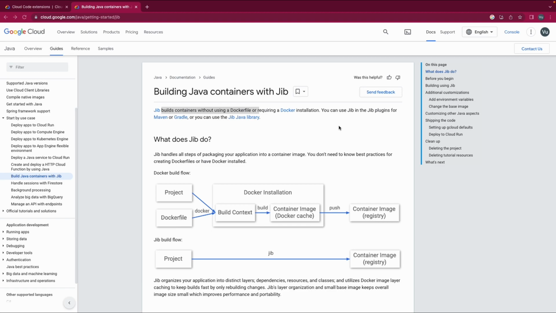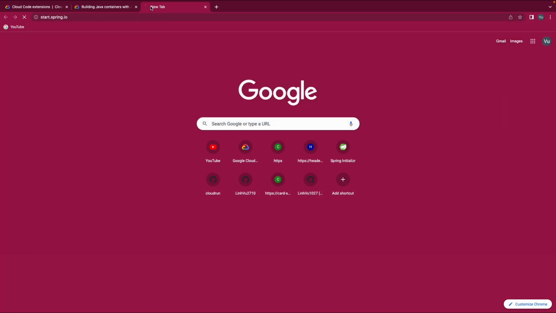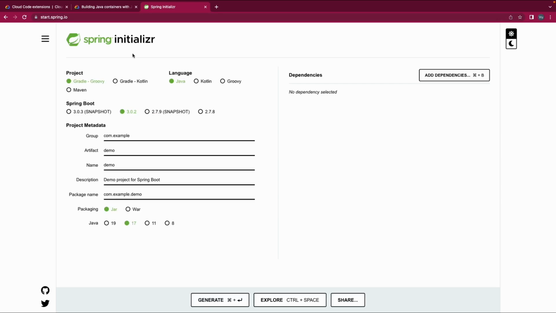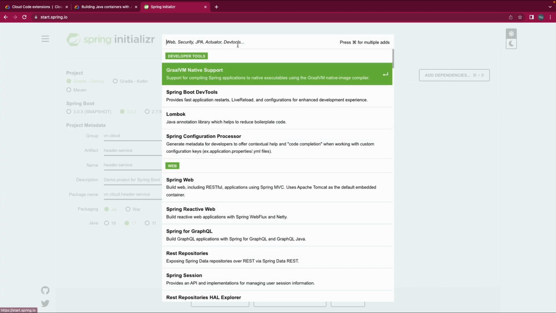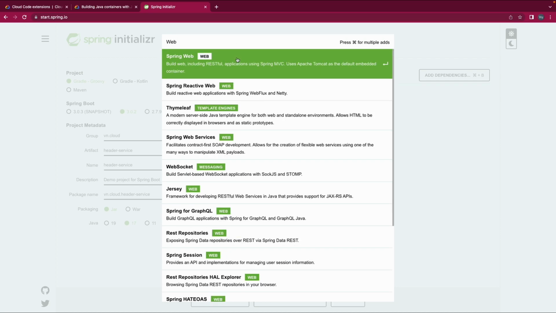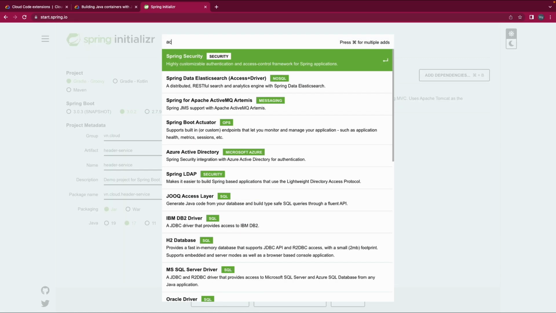But first, let's go ahead and create a new service. I'll go with start.spring.io, project Gradle Groovy, language Java, Spring Boot 3.0.2. Group, I will rename it bn.cloud, and this time I will name it header service. So header service, and jar, Java 17. Dependency, I will stick with web, then architecture,